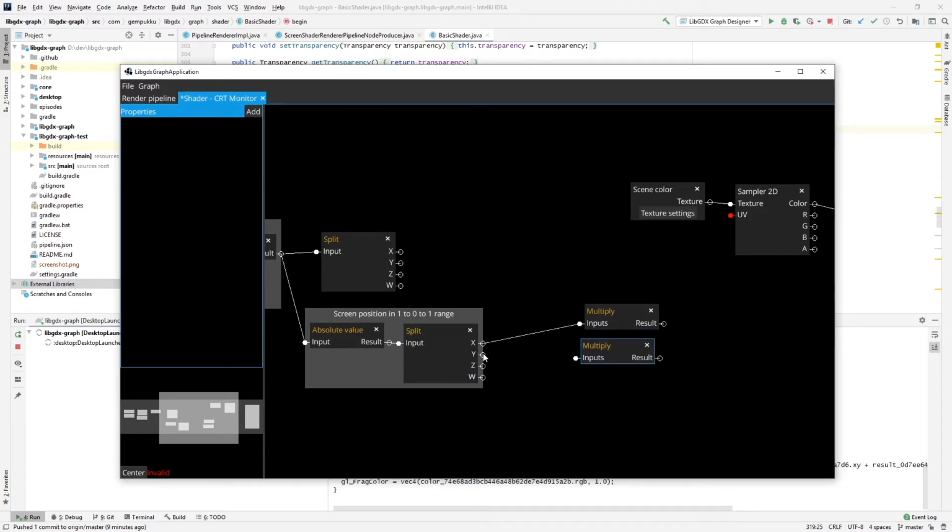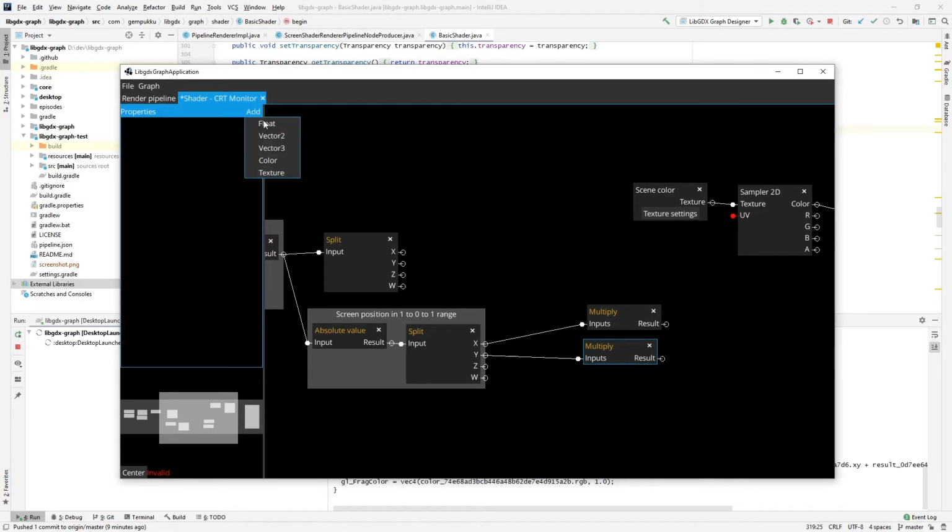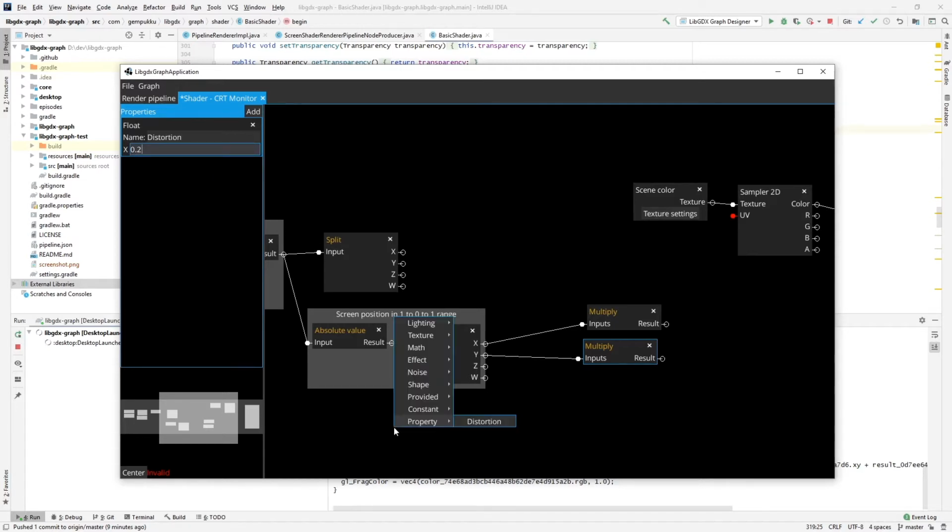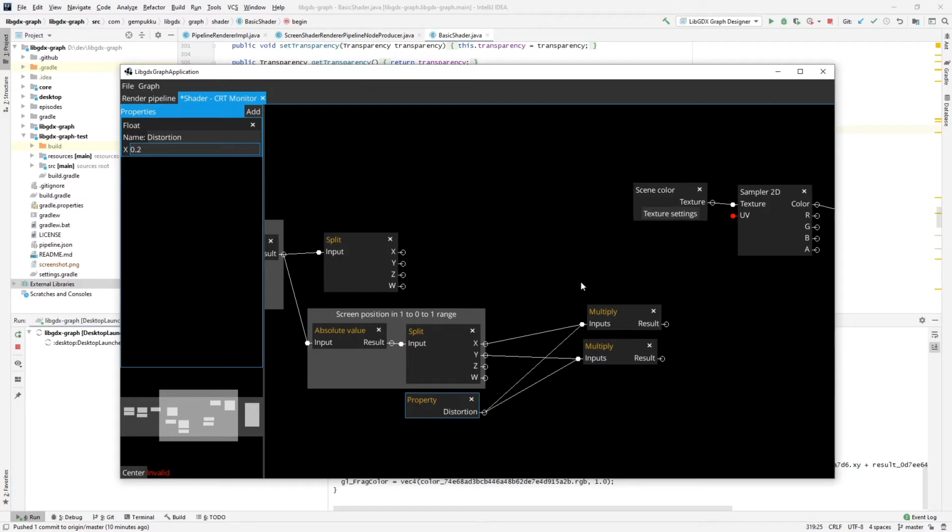One for x and one for y. And I'll multiply them by a new property that I'll add here. It's going to be called load property distortion, which will basically modify how much I'm distorting the screen, so how more rounded it looks rather than square as we have on a normal monitor. So we start off with this,